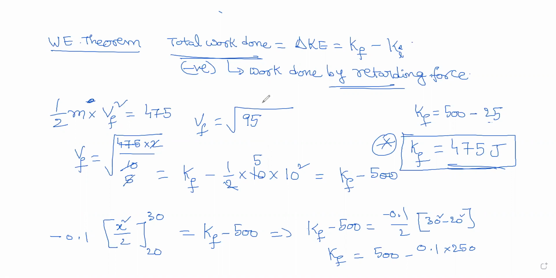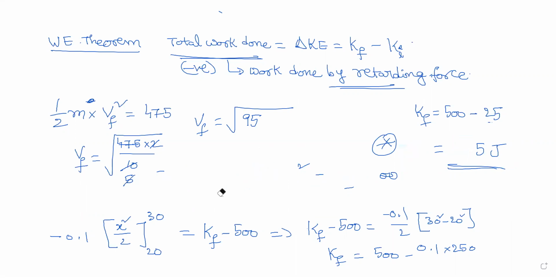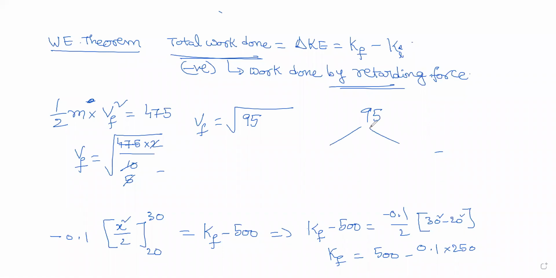So square root of 95, we can do our square root approximation I told you. Suppose they ask you square root of 95, how to solve this? Don't have to worry. We have square root approximation in hand. What we'll do? 95 lies between two squares, which is 9 square, that is 81, and 10 square, that is 100.